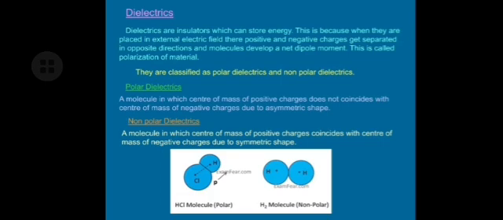What is happening here? We know that in an atom there is a positively charged proton, and negatively charged electrons are revolving around it. Now, when such insulators are placed in an external field, what is the effect of the external field? Their negative charges and positive charges get displaced from their positions. And when two equal and opposite charges are separated by a distance, it forms an electric dipole. And hence, energy is stored in this electric dipole.